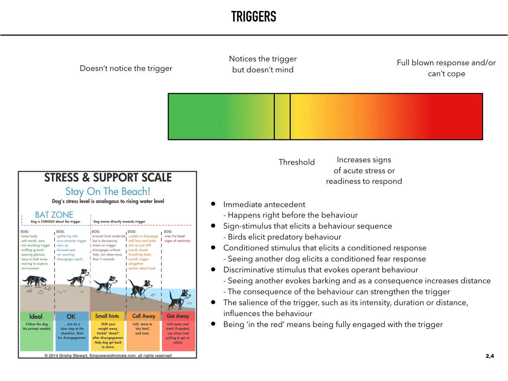If your dog is fearful of other dogs, they might be able to respond to you when there's enough distance between them and the other dog. That's the green part in the picture. But when they come closer, a threshold is reached, where it becomes increasingly difficult for them to disengage, to the point where they can't cope and have a fear response. Being in the red means being fully engaged with the trigger and unable to respond to other elements in their surroundings. This can be related to all types of behavior systems and emotions though: fear, predation, frustration, aggression, play.